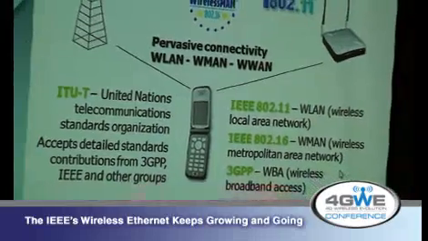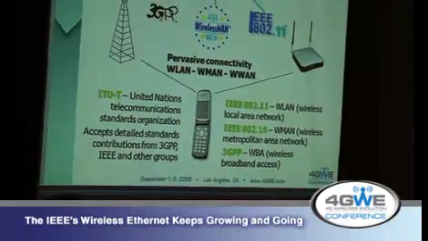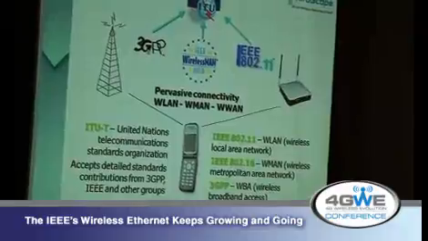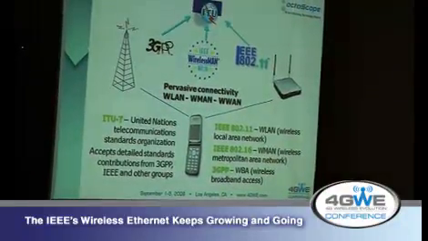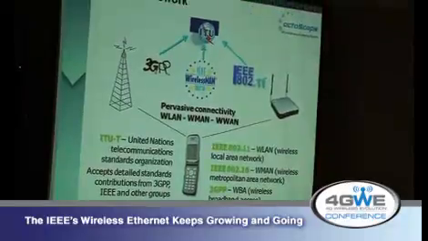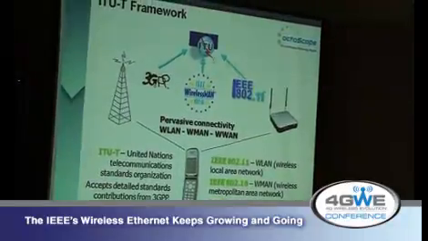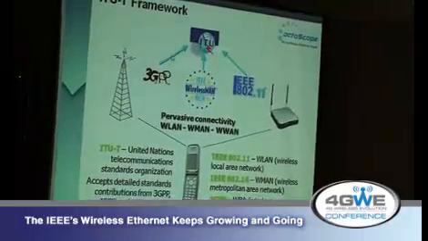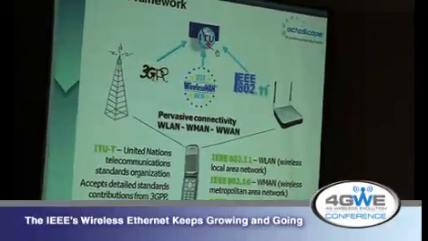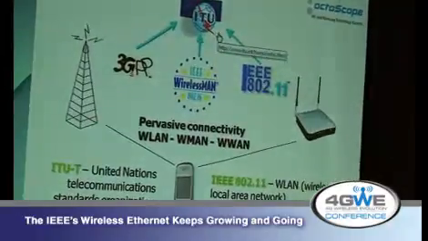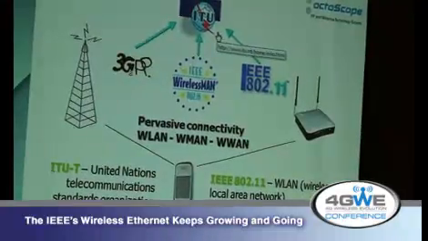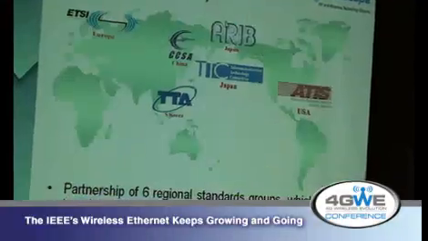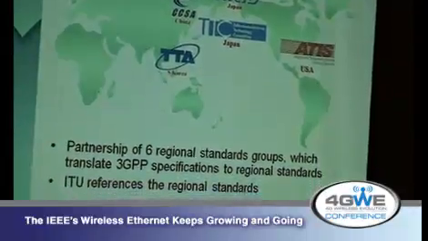So essentially, ITU sets the framework and sets these high-level requirements for throughput, mobility, and so forth. And then organizations like IEEE and 3GPP fill in the detailed standards and work with ITU for ITU to then bless these standards and designate them as 3G or 4G and so forth. Okay, so 3GPP. What's 3GPP?